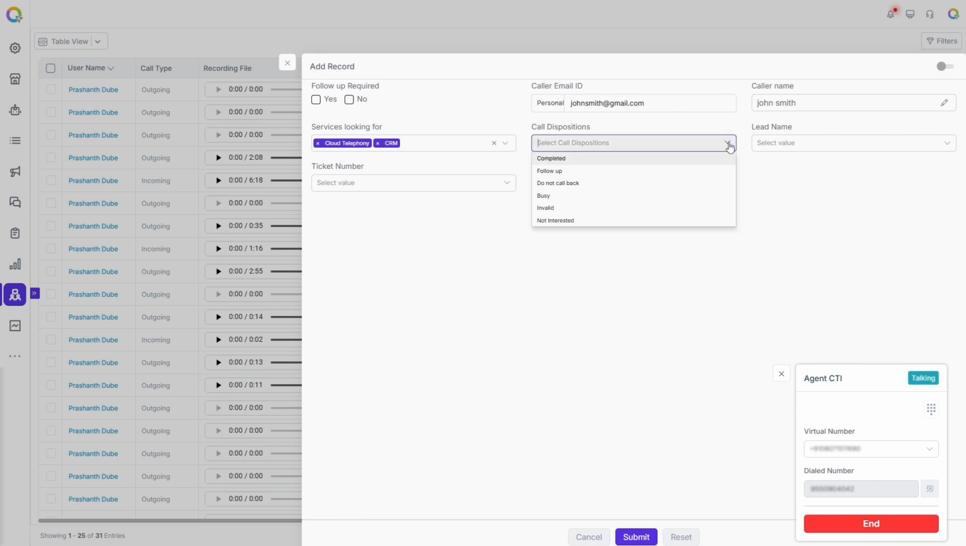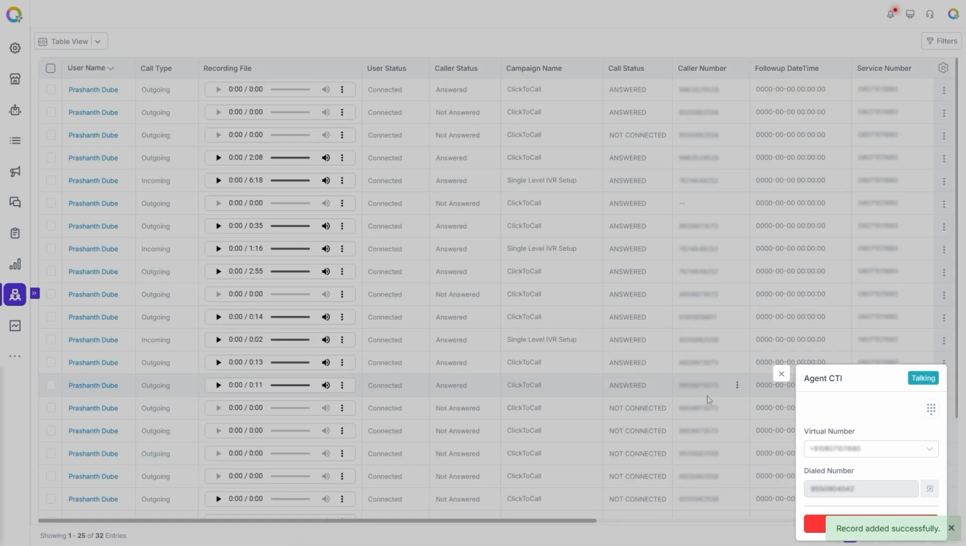Once the conversation was completed, I could update the call disposition. Whether it was completed, a follow-up is required, they were not interested, asked not to be called back, or any other status defined by the business. These options are fully customizable. I selected Completed here. After entering all the details, you can click the Submit button to add this caller's information